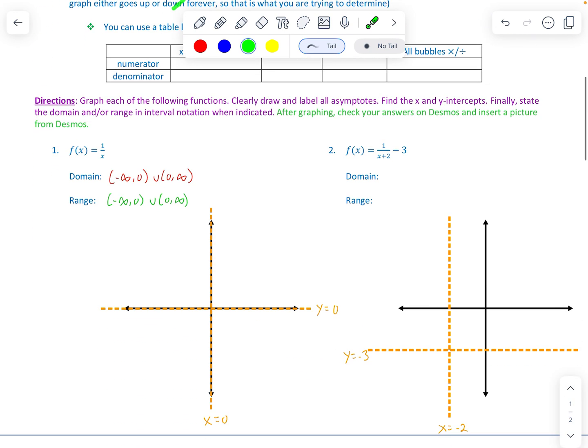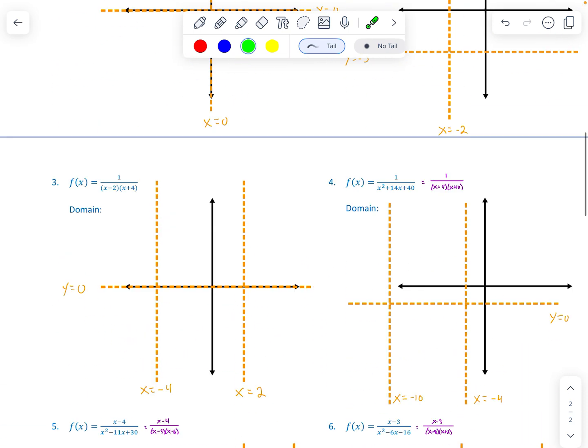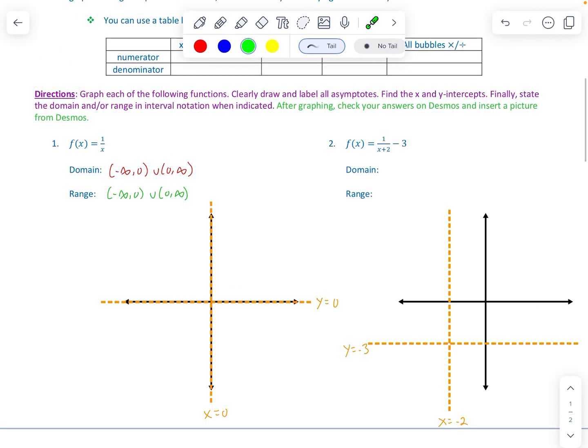done. I've gone through and shown some of this work already, or I've done some of the work ahead of time, but I'll explain where everything came from. All right, so on the first problem, this is just the parent function, which at this point you should just know that the graph